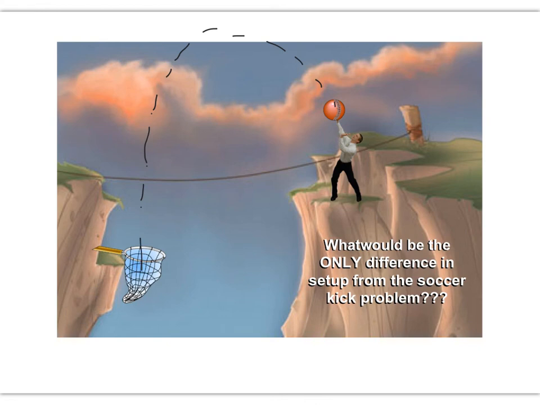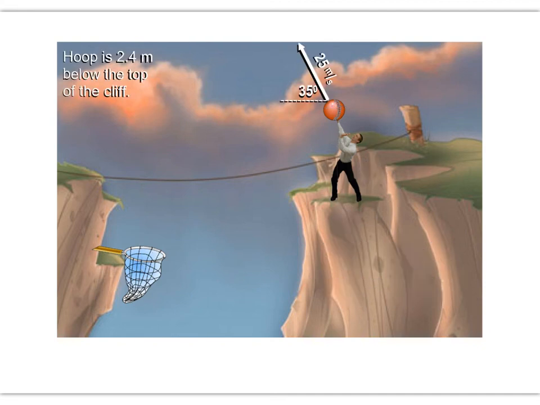The only difference in this setup from the soccer problem is this location here of the ball, that's our 0 location. If it's going to make it into the net, the ball actually needs to go down, so that our dy is down. That means it's going to have a negative value. So if we say that the hoop is 2.4 meters below the top of the cliff, and that the ball is thrown at a speed of 25 meters per second at an angle of 35 degrees above the horizontal,